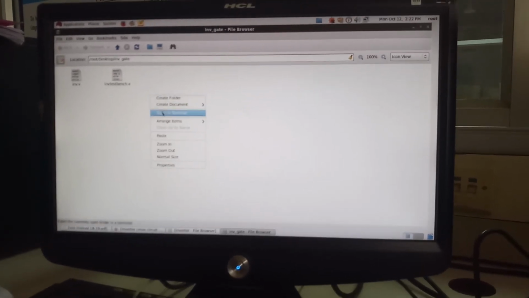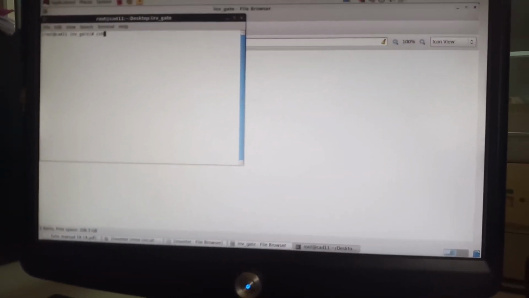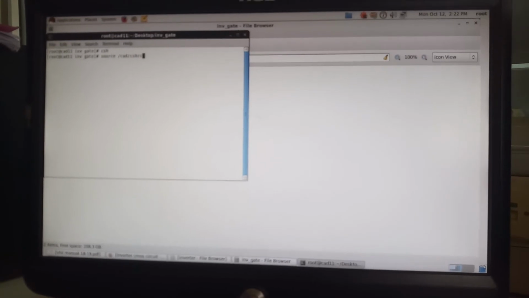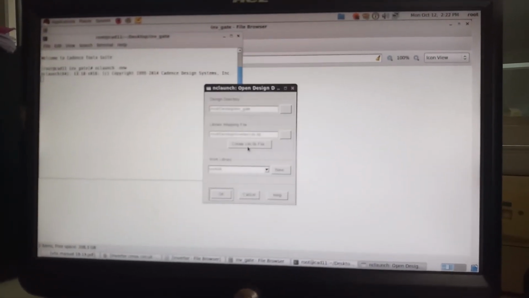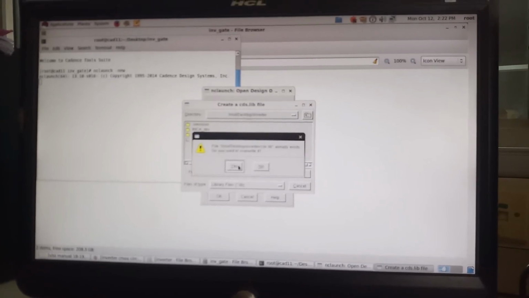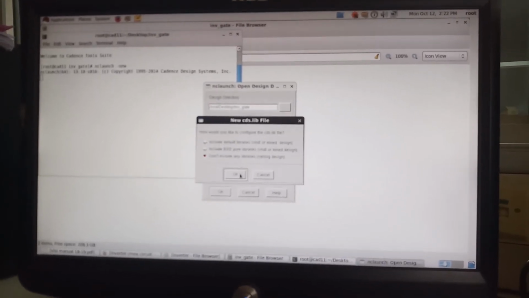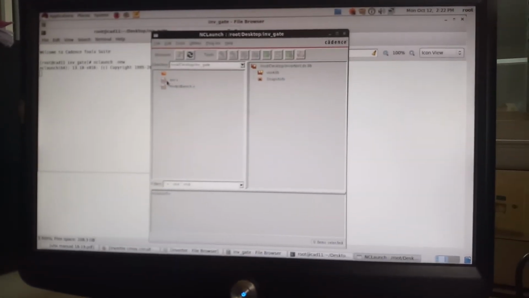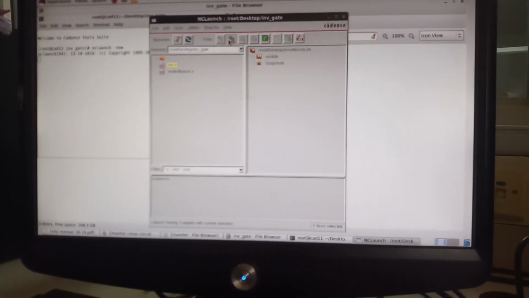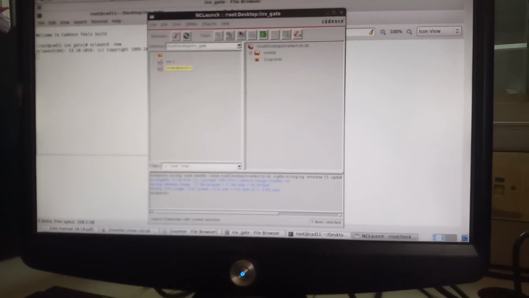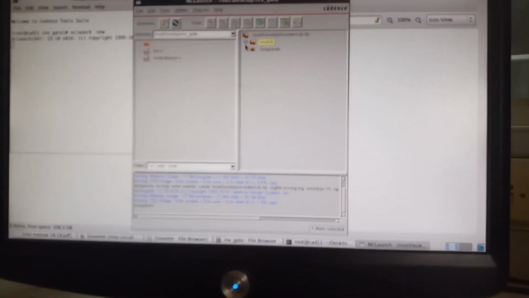So next open terminal, source cshrc, again nclaunch space -new, multi-step, create a cds.lib file, save, yes, don't include any library file, okay. Now you can observe here, select this, elaborate it, your work library will automatically generate. Elaborate the second test bench file too, so automatically it is generated.